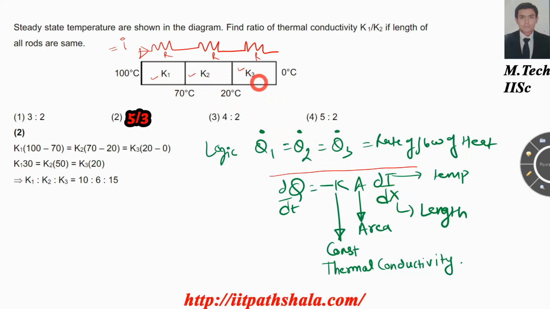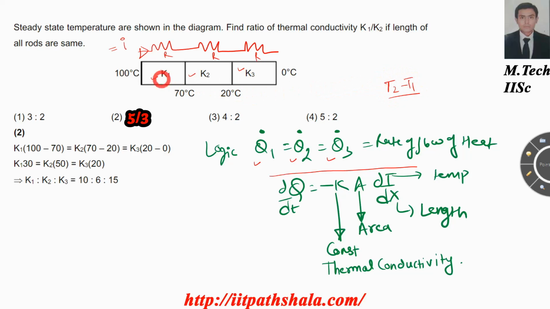Okay, dx will be cancelled from all of them. Area is the same, so area will be cancelled out for all the three cases when you are entering every data into the following expression over here. K will be there because K is different for each of the rods over here. Delta T is nothing but T2 minus T1, the final temperature minus the initial temperature.